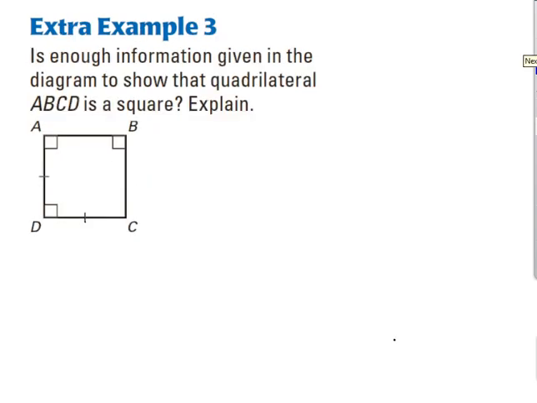The last one I would like you to do for question number 1: is there enough information given in the diagram to show that the quadrilateral is a square? So you need to think about the definition of the square, and then you need to think about what information is given and what information we can obtain from the given